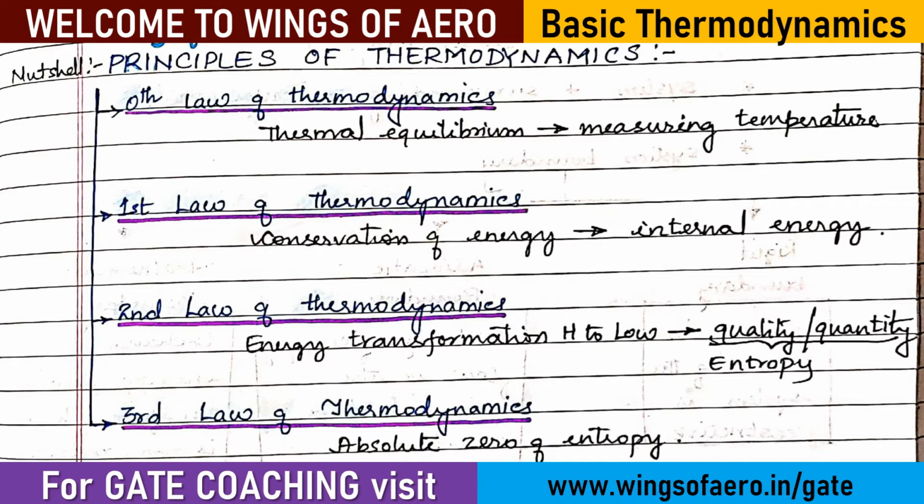Okay, the first law of thermodynamics deals with conservation of energy. So we have the first law of thermodynamics equation. From that equation you should know what assumptions were considered to derive that equation. So what is the law of conservation of energy? Energy can neither be created nor destroyed. So what are the factors by which we can maintain the equilibrium state? That also we will see in the first law of thermodynamics.